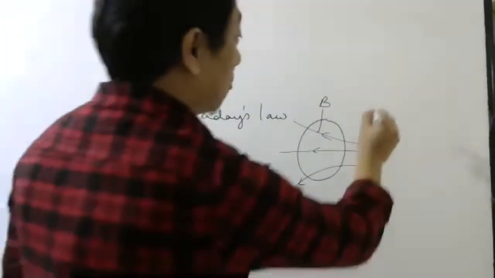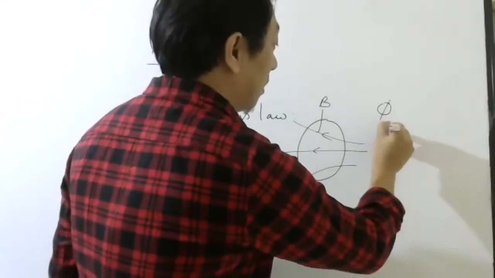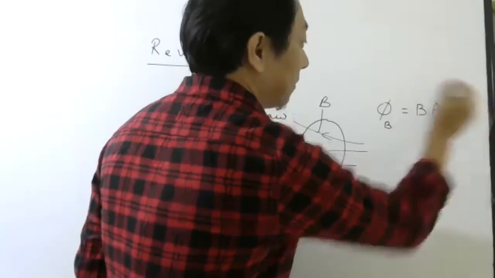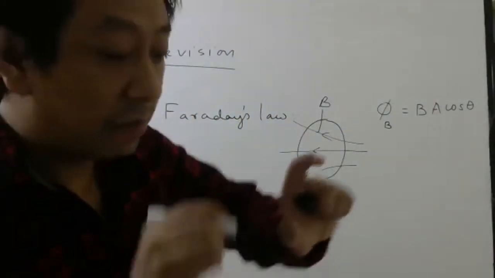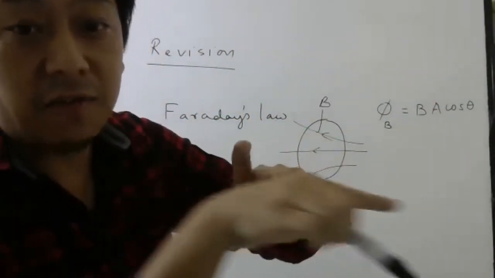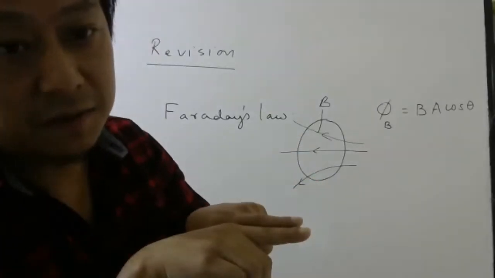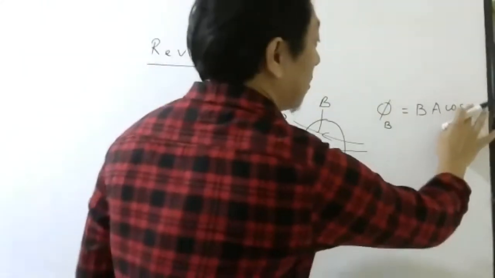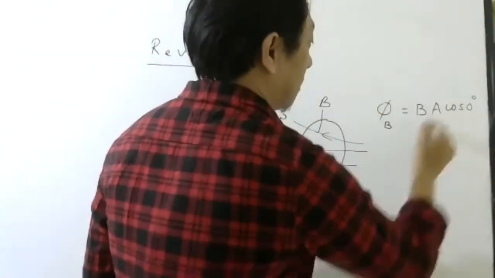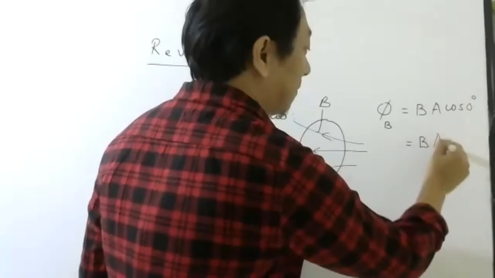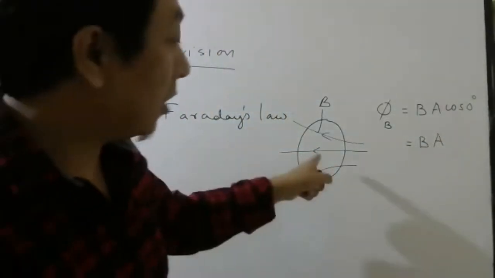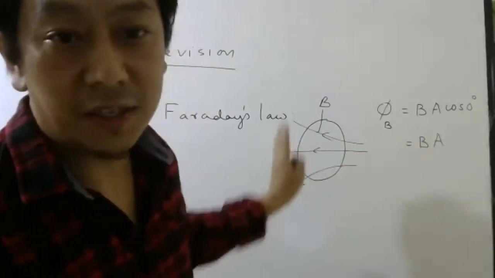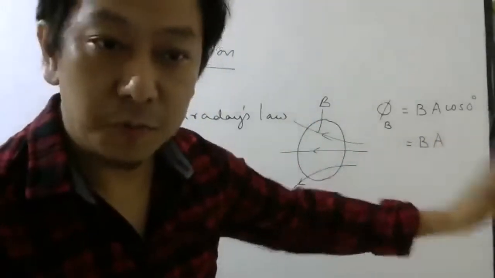Since magnetic field is passing through the loop, there will be some magnetic flux through the loop. So magnetic flux through the loop will be what formula? BA cos theta. Sometimes magnetic field and area vector will be in the same direction. If they are in the same direction, then you write cos 0, then it will be B into A. Now students, depending on the loop, if it is a circular loop, you write pi r square. If it is a rectangular loop, you write length into breadth.